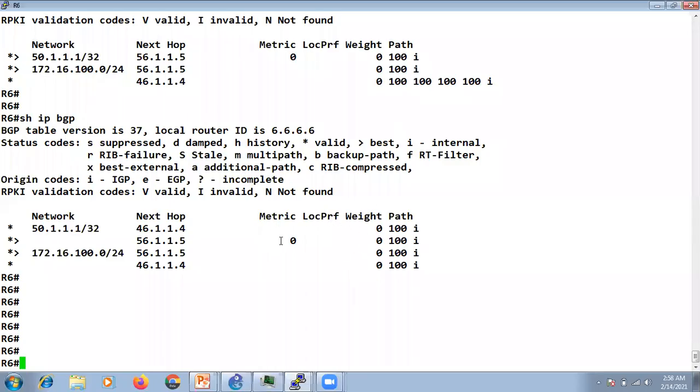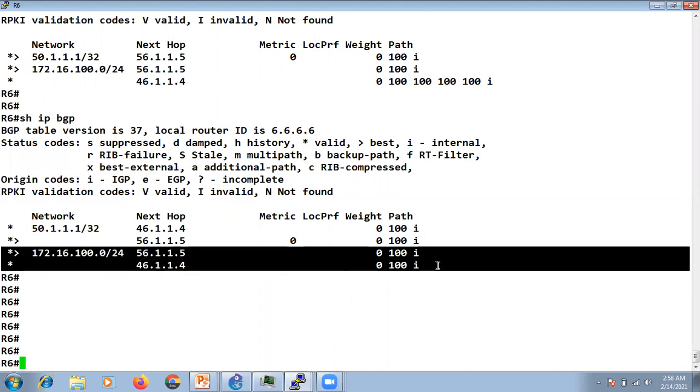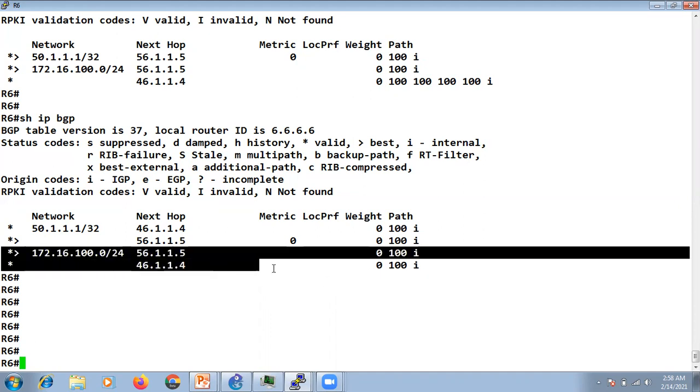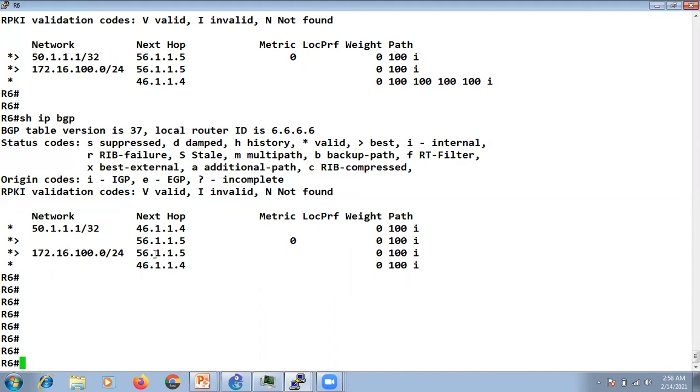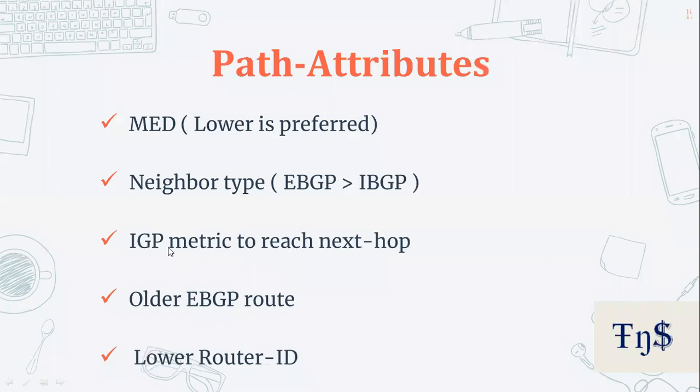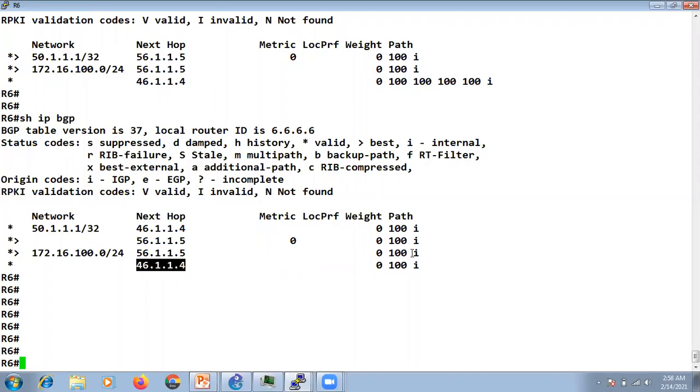There is nothing under the metric. This is the MED value. It is also 0. So this is also the same, right? Empty means it's 0. So it's also the same for both the routes which it is receiving from R5 and R4, right? Now IGP metric to reach next hop, it is also the same.